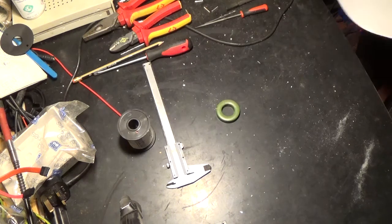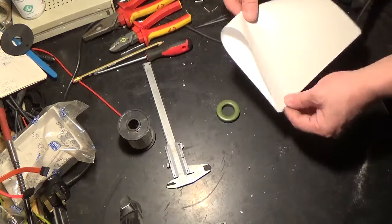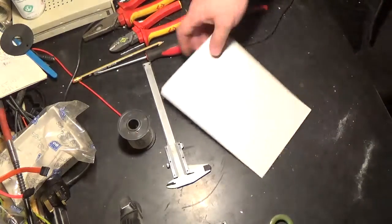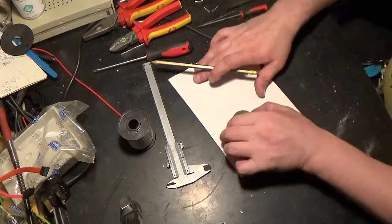Like so. Let's just fold it in half. We don't need a full A4 sheet. This is some better basis to write on. So now then, what we get is a pencil, and what we need to do is